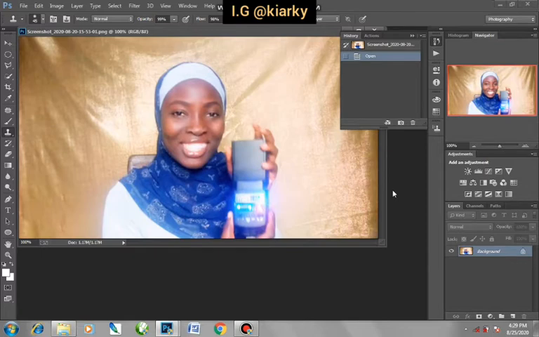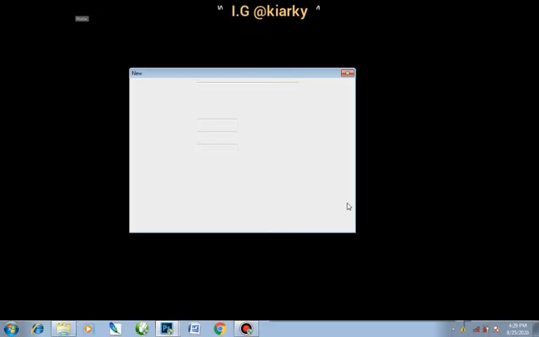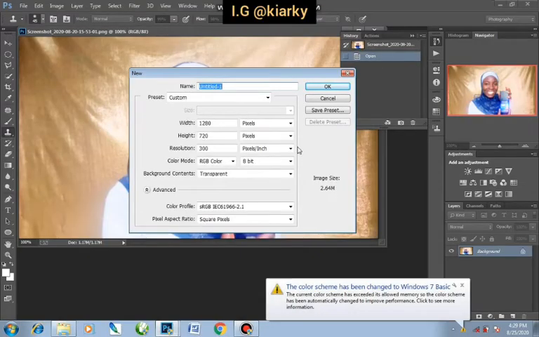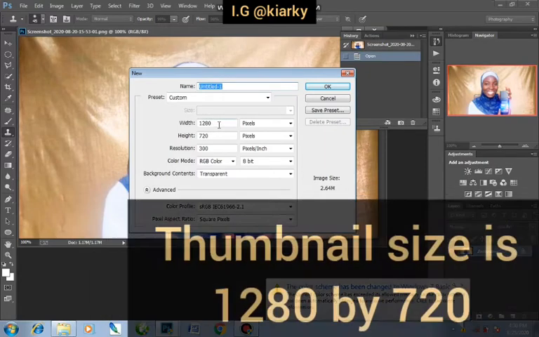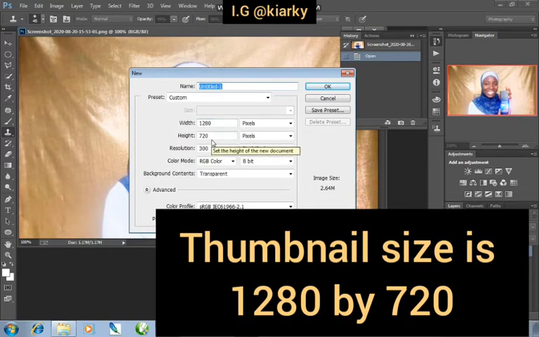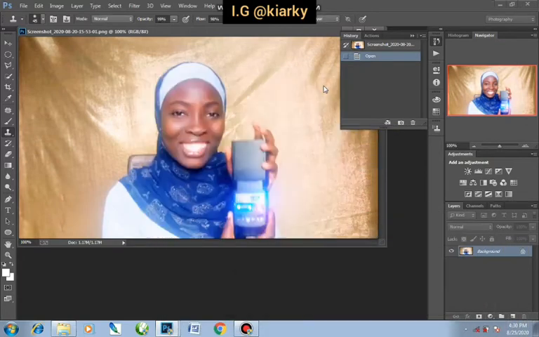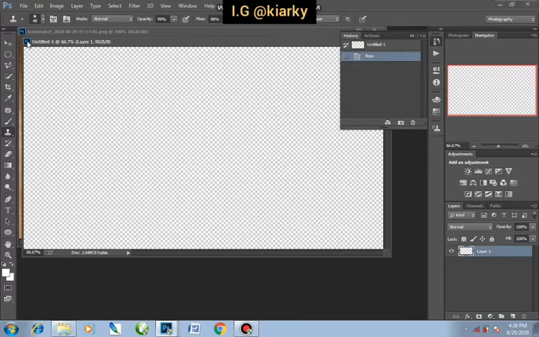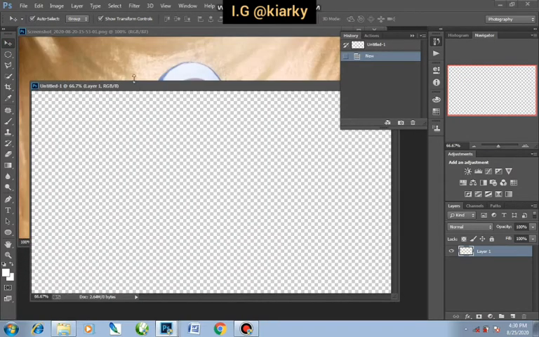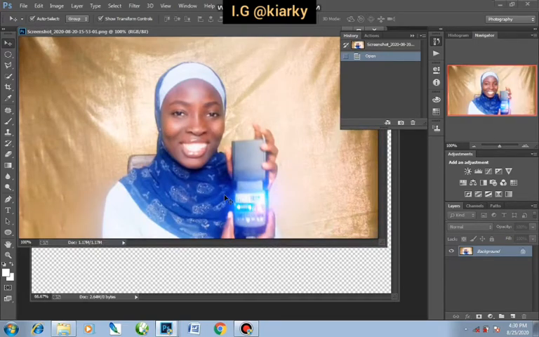Now, using this image I intentionally snapped, I want to do an unboxing video for this flash drive, speedlight I mean. The best size for a thumbnail is 1280 by 720 pixels. Okay guys, now after creating a new template and folder for this, that is a new document to start with, I will drag the image I brought in into it,